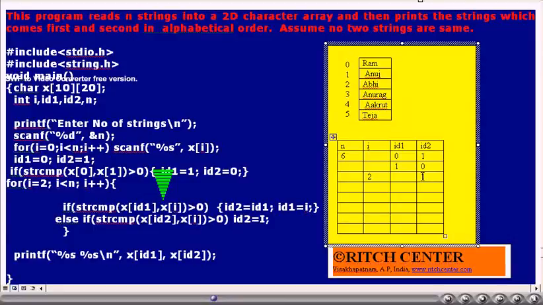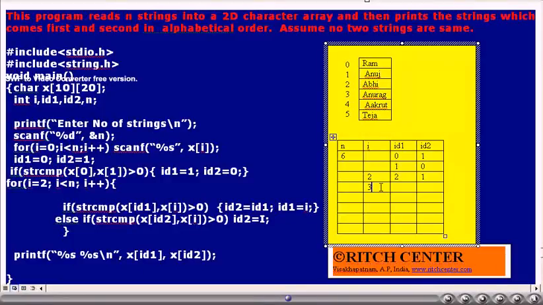Thus, id2 value becomes 1 and then the I value, that is 2, will be assigned to id1. I value will be incremented by 1. Is I less than n? Yes.